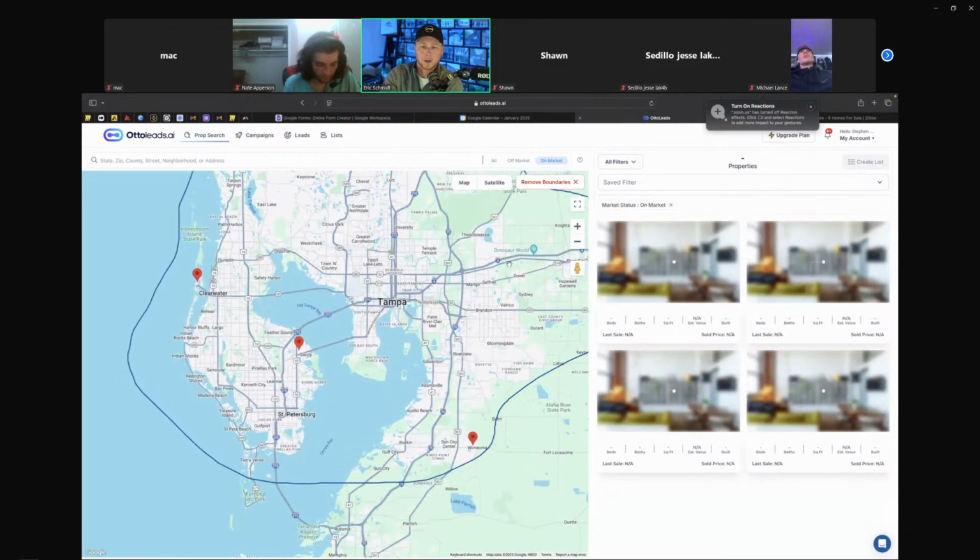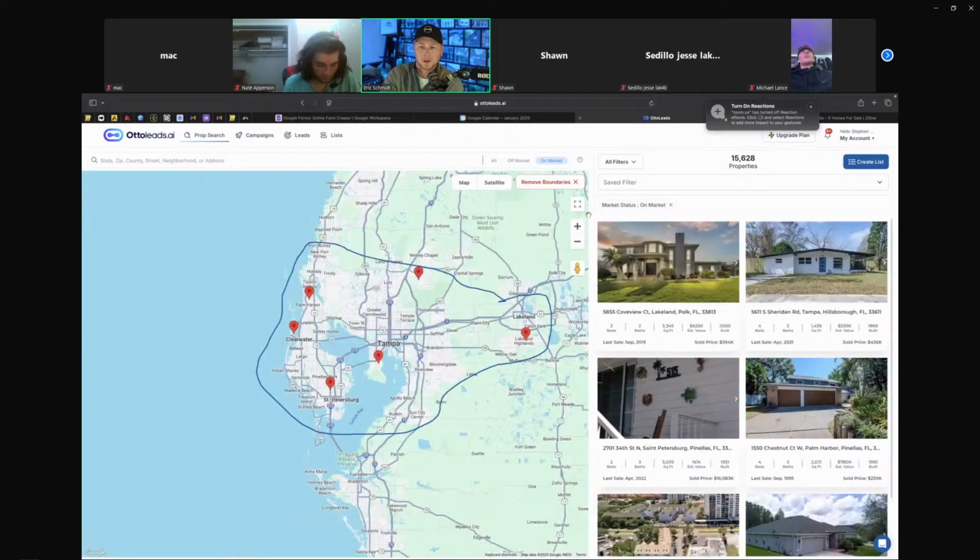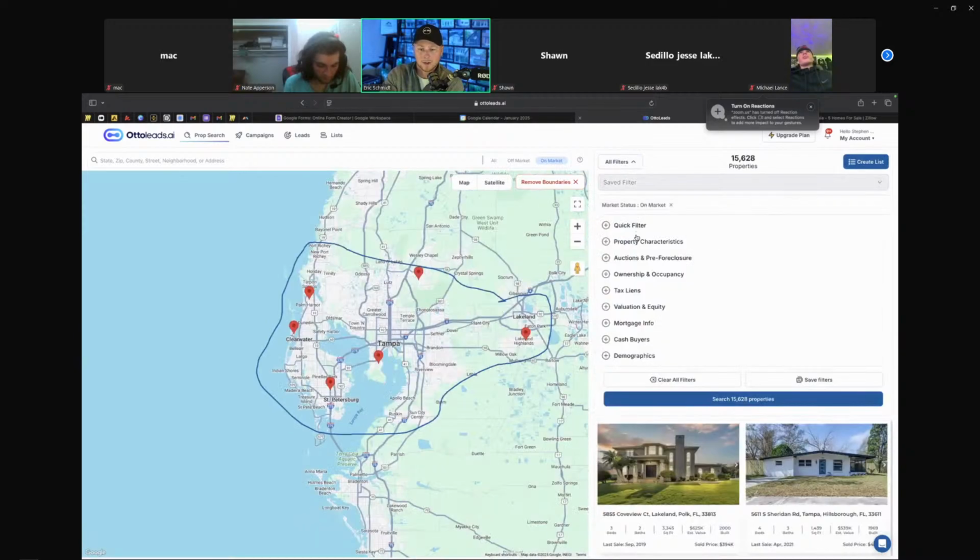So these people, we know they got their hand up. Hey, I want to sell my house. Now, what I'm going to do is I want to try and filter for people that have negative equity. So no matter who buys the house, because they got no equity, they're walking away with no money, right? So that's kind of the goal with this. Talk these people on market with no equity into a subject to